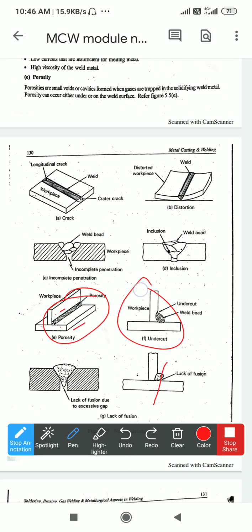Undercut, you can see over here, this is an undercut. Undercut means the extra metal